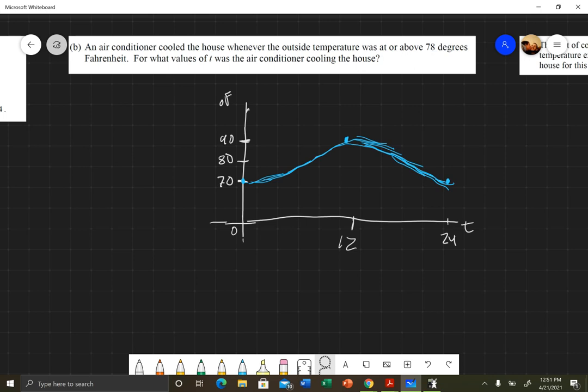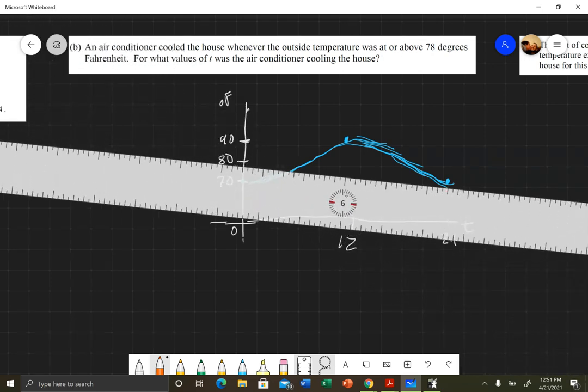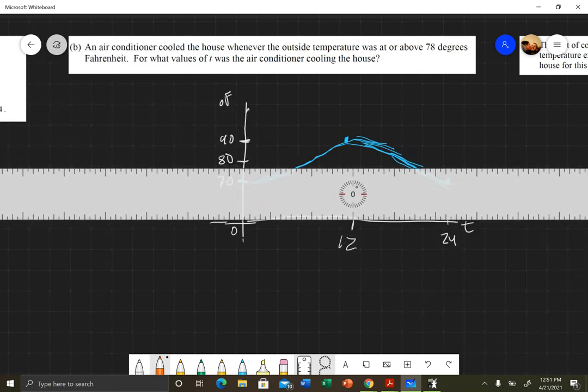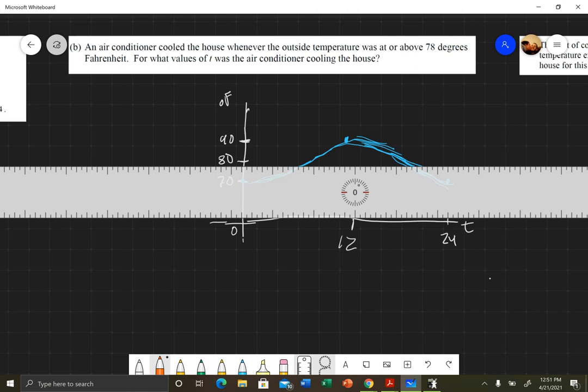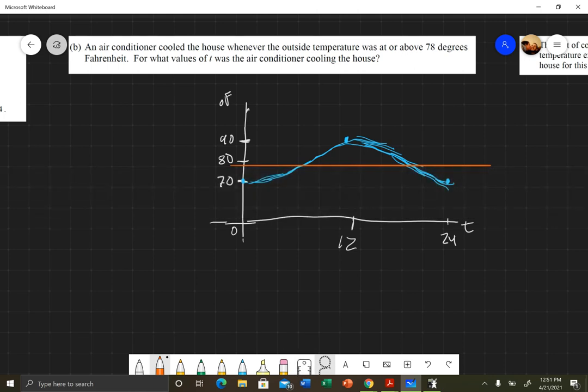And so what it's asking us for is that there's an air conditioner unit that kicks in whenever we hit 78 degrees. Okay, so whenever there's 78 degrees, all of a sudden this thing kicks in. And so I'm going to draw a line right around 78 degrees. Okay, so this is my 78 degrees line. Again, I'm kind of ballparking it with my